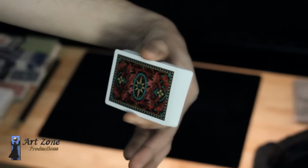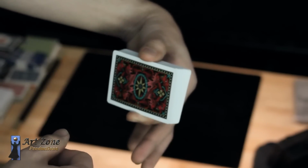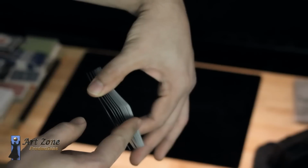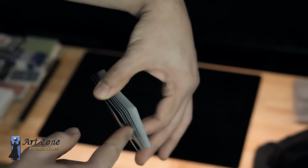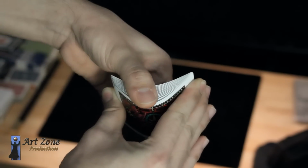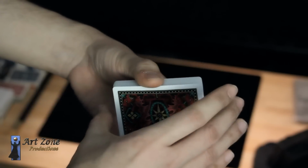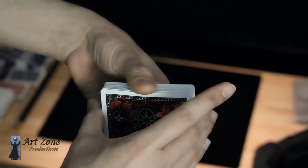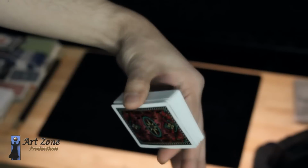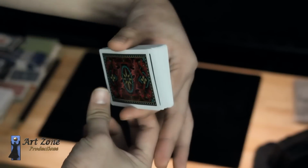If you look from the front, notice it looks like the thickness of the deck of playing cards at an angle, but not in the front. Notice there are discrepancies. Pretty much all the cards underneath are together and just the half from the top. So you have to practice that part at least. It's like doing the Cascade flourish. And if this is a brand new deck of playing cards, it is better because the border and the edge are quite bright and white. If you didn't do it right on time, you can squeeze in the back so it opens a little bit more